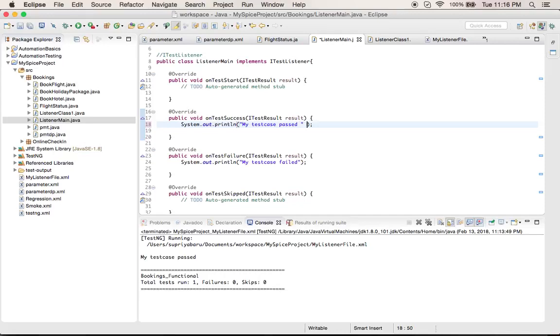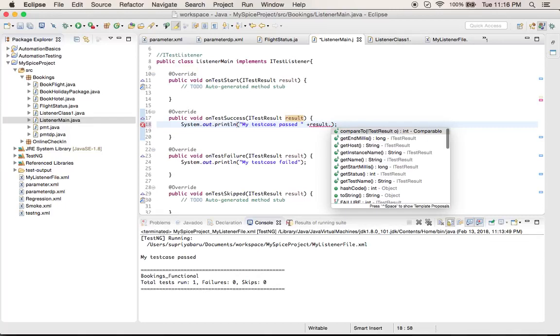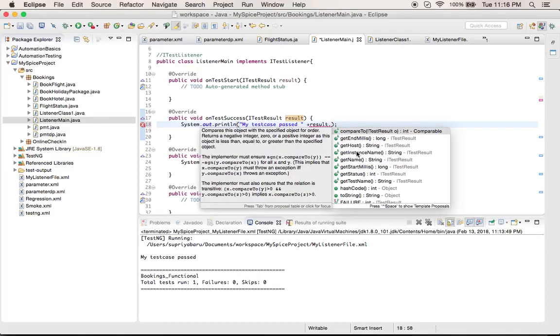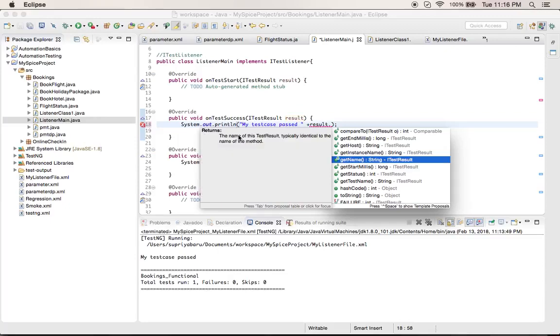For that, you just have to say result, which is the object that captures all the properties of the result. Just use this object name, result dot, and it gives all the supporting methods of this particular object. Just hover over this getName. It says that the name of the test result is typically identical to the name of the method. In TestNG, methods are nothing but your test cases.